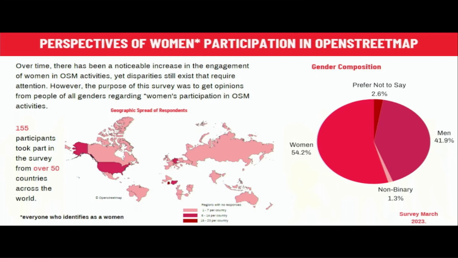So I conducted this survey, and I didn't only collect perspectives of women, I included the men, because I also wanted to know what the men think, why some women don't participate in these activities. And yeah,